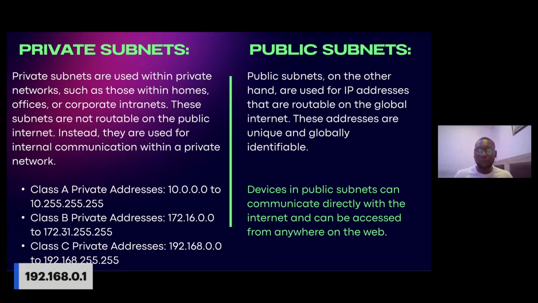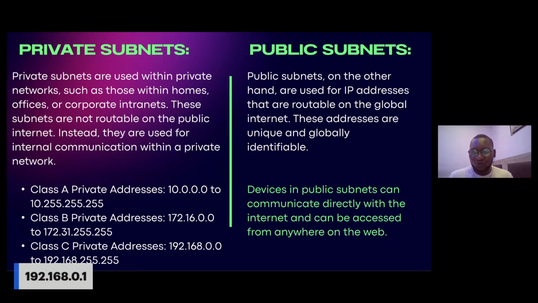Yes, so this is a very important part now. Once you start doing AWS, in terms of networking VPCs, this is a very important part. There's a private subnet and then there's a public subnet. So private subnets are basically like an internal network. It's not connected to the internet, right? It is just a private network where it is not connected to the internet, but the devices inside that private network can connect to each other, such as those in your office and your corporate intranets, right?